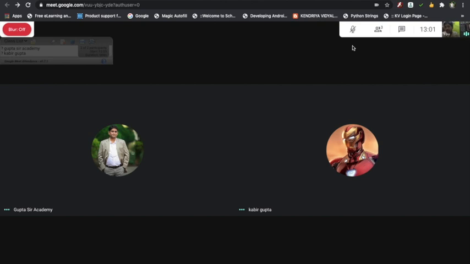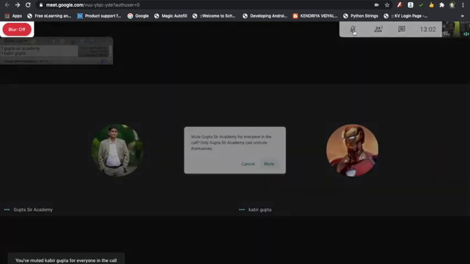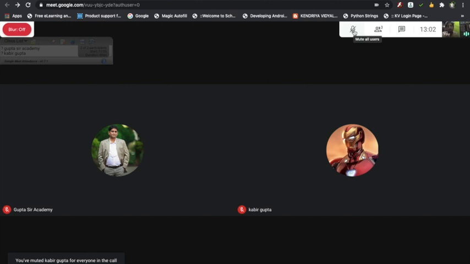So I want to mute that particular person. I can just go to that particular person and mute that person individually. That option is already available in Google. But if you want to mute them all, try this extension, install that extension. You will get this mute button over here at the top left corner, and just click on it, and it will show you all the participants have been muted at one click. So I hope this is okay with you. You have understood.